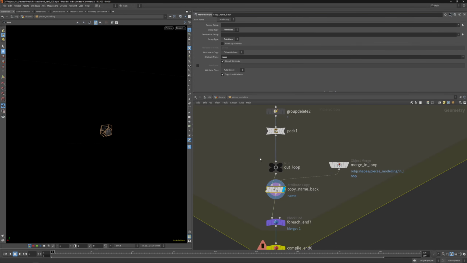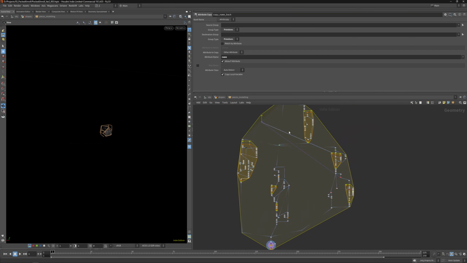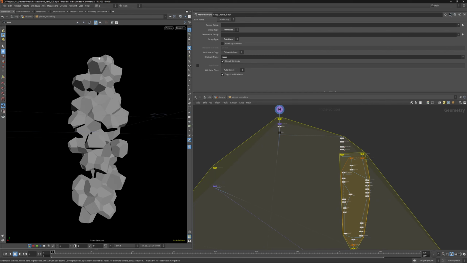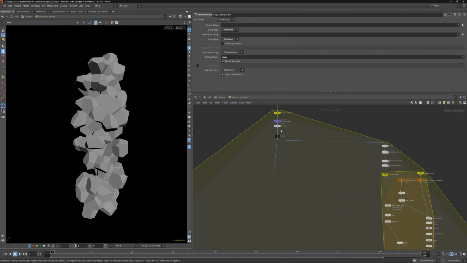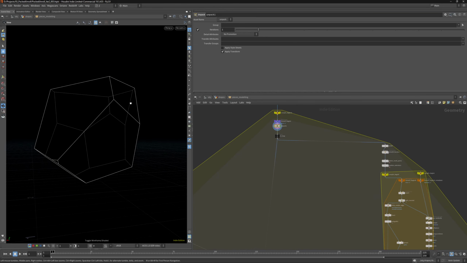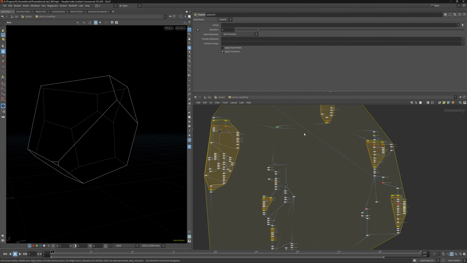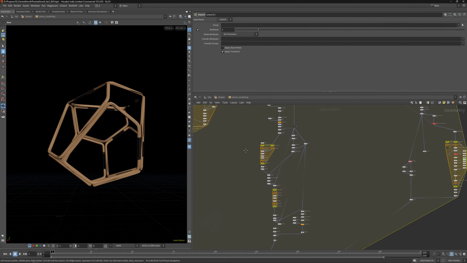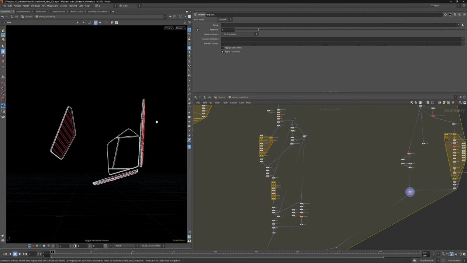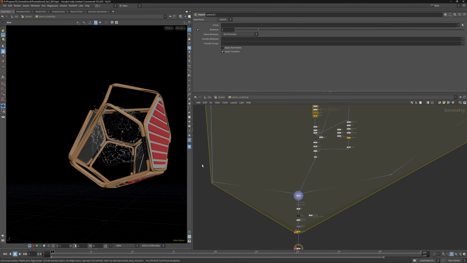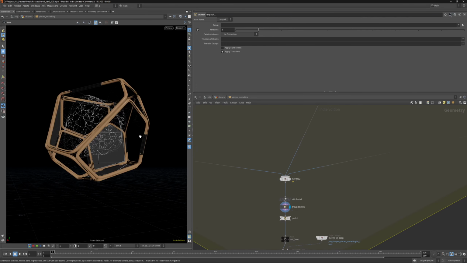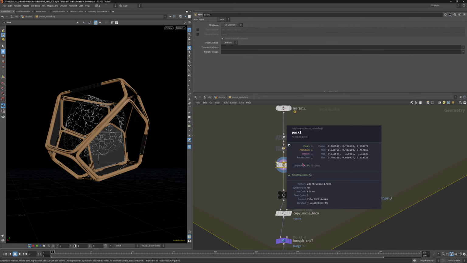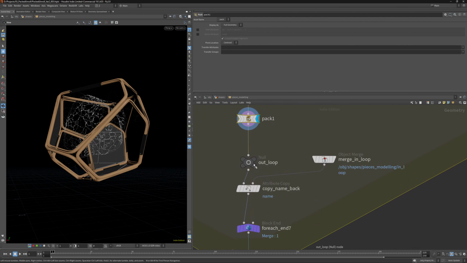The way you keep the name attribute is basically you run a loop for each of those individual copied pieces. Inside you just unpack them, and then you do all of your modeling stuff, like the shells, the webs, and then the panels itself. You merge them together, you delete unnecessary attributes, and then you pack them. And as you can see, you don't have any name attribute. And the trick here is